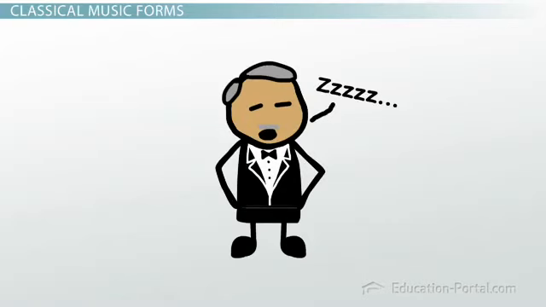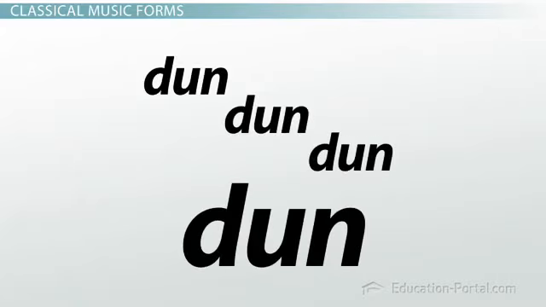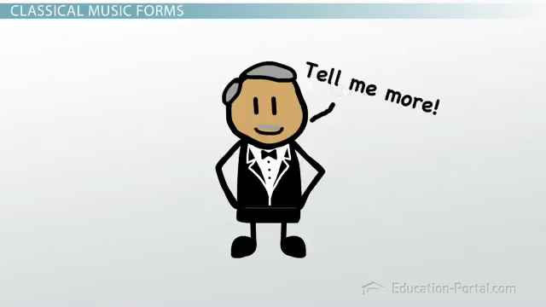I mean, the only part that people actually understand from that song is the part that goes dun dun dun dun, dun dun dun dun, right? Is that all there is to it? Believe it or not, there is a way to understand Beethoven's genius past the first 8 notes.